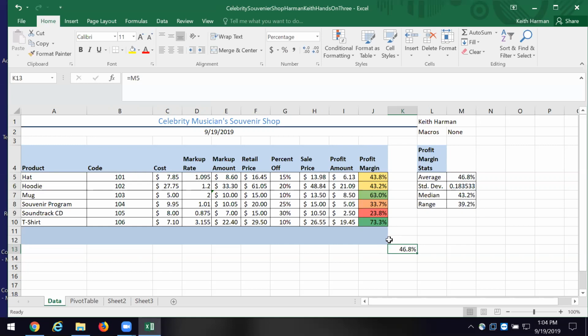Now, one standard deviation would be +1 times M6. So we're going to do this. I'm going to put equal M6 times 1.